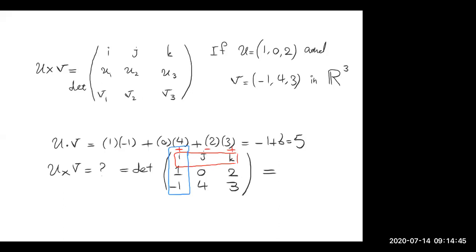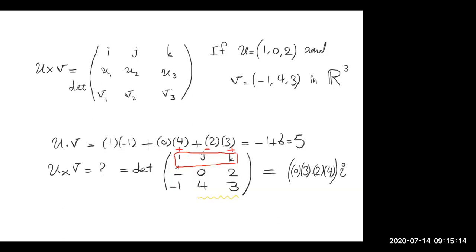Okay. Look at the remaining part, compute the determinant of the remaining part. Determinant of the remaining part is 0 times 3 minus 2 times 4. Then we should multiply the whole thing by this element in this intersection here, which is I. Okay, now let's erase this blue